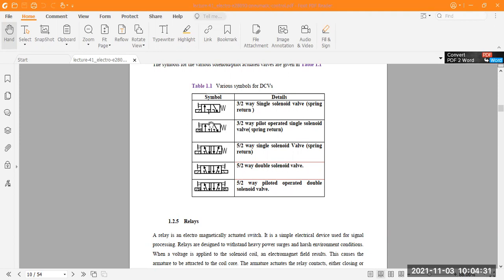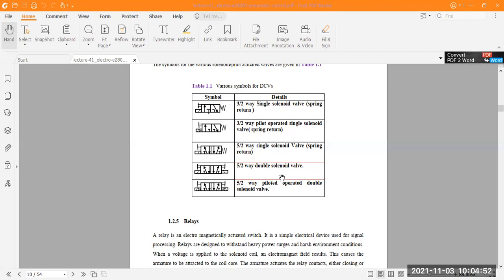This is also single, this part is closed, and this is also single. Another one is the 5x2 pilot operated double solenoid valve. This has a solenoid on each side, and it is the pilot operated double solenoid valve.